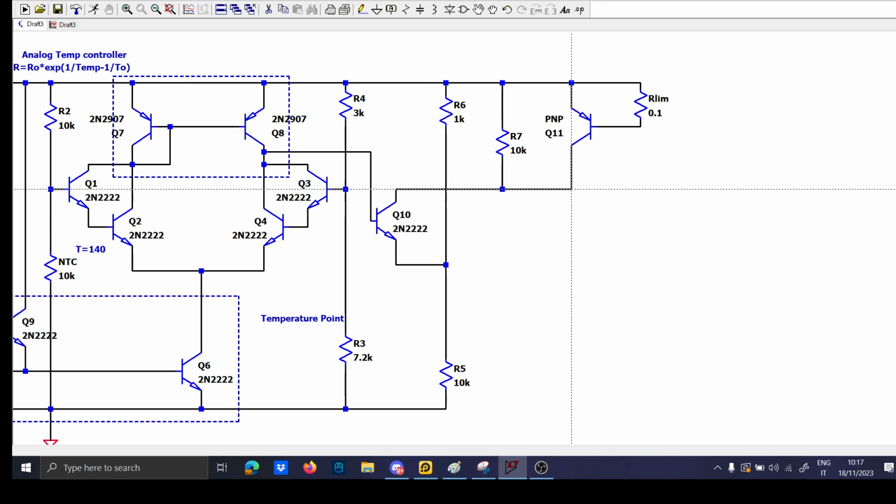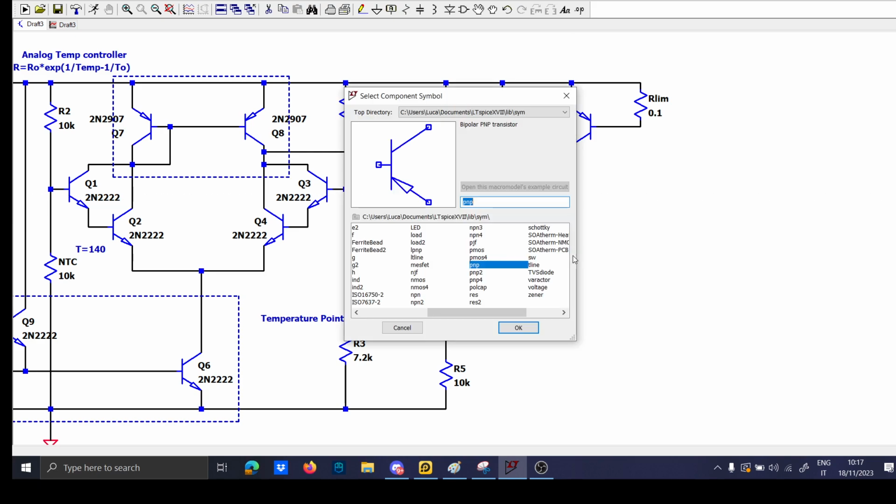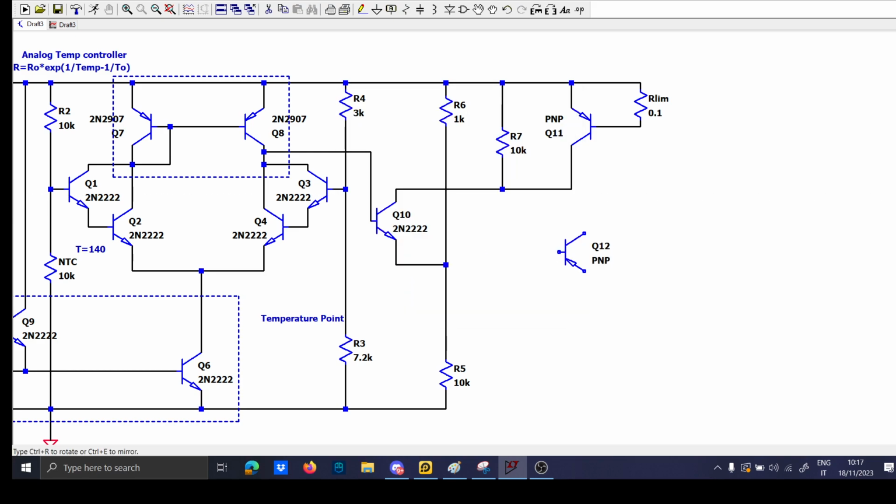Let's implement a PNP Darlington stage here. You have to rotate it to the high side, towards the voltage, towards the power supply, and everything should be done accordingly. So now to cut the current protection,